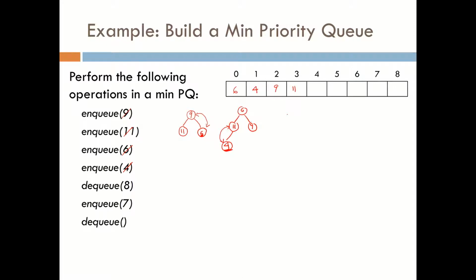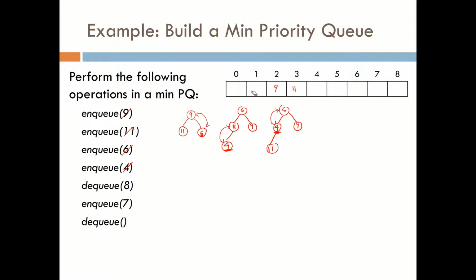And now remember, so let's redraw. So the 4 is now here, and the 11 is here, and the 9 is still where it was. So it turns out that the side where the action is not happening is completely unaffected. We're continuing to try to heap up the 4, okay? We will heap up the 4 either until we're at the root, or we no longer violate the heap order property. We ask, is 4 less than or equal to its parent, the 6? It is, so we make this swap,